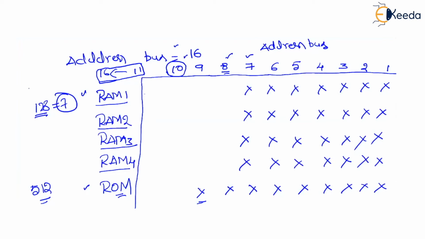So when CPU sends an address reference, CPU ensures that the 10th digit is equal to 1 to select a ROM, and it ensures that the 10th digit is equal to 0 to select RAM. I hope you got it. So if you want to identify which chip has been selected, first you go and have a look at the 10th digit. If the 10th digit is equal to 1, that means that ROM is selected. If the 10th digit is equal to 0, that means that one of the RAMs is selected.